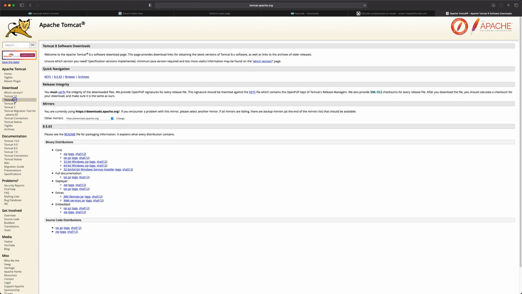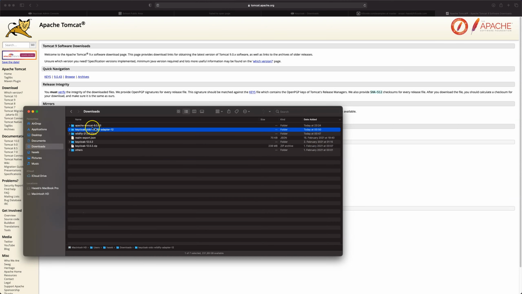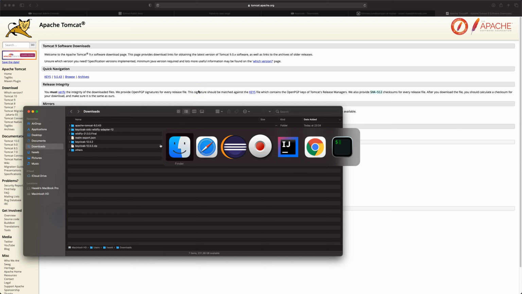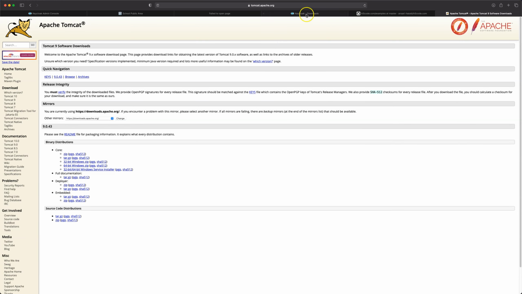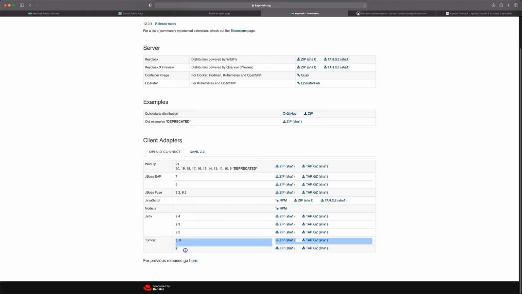So just make sure that you have Tomcat 9. And I will quickly do the zip, and yeah, so it's done. I will go to the folder and extract. Oh, it's already extracted. And then because we want to integrate with Keycloak, it's also a necessary step to download the Keycloak adapter for Tomcat, and you will find it here in the downloads tab, the Tomcat adapter. So we don't have any 10 over here for Tomcat, so that's the reason we need to have Tomcat 9. And I will download